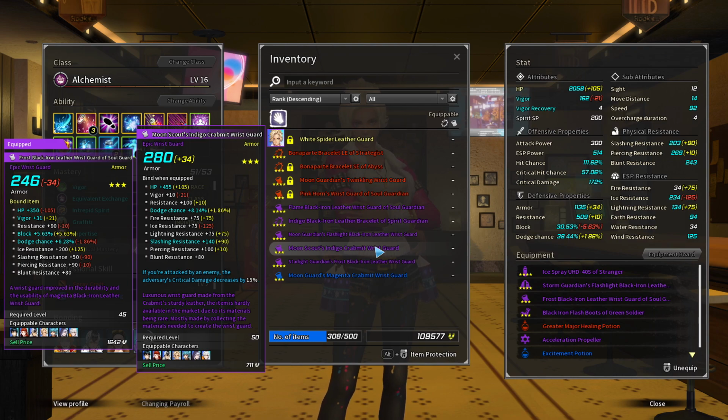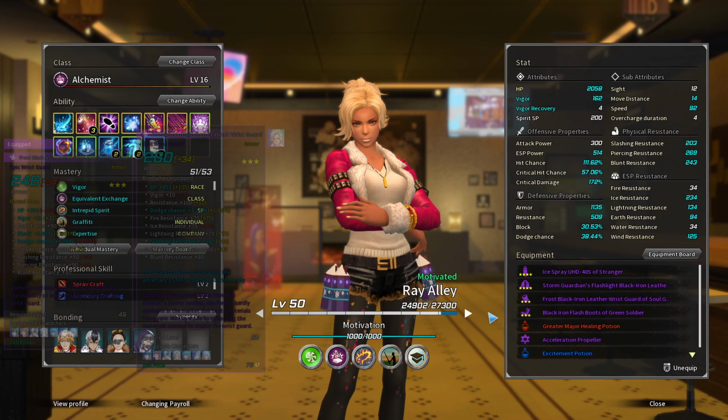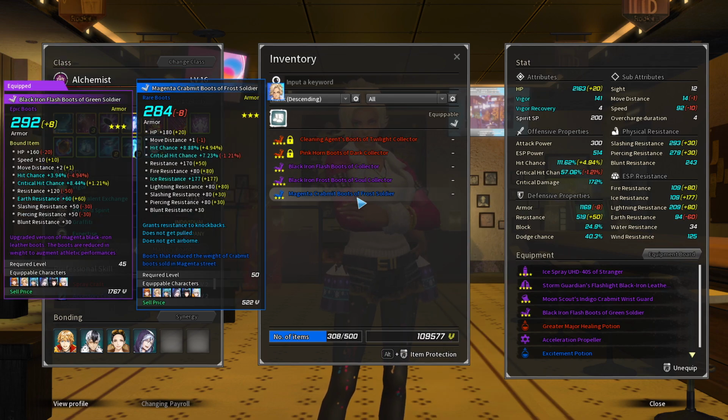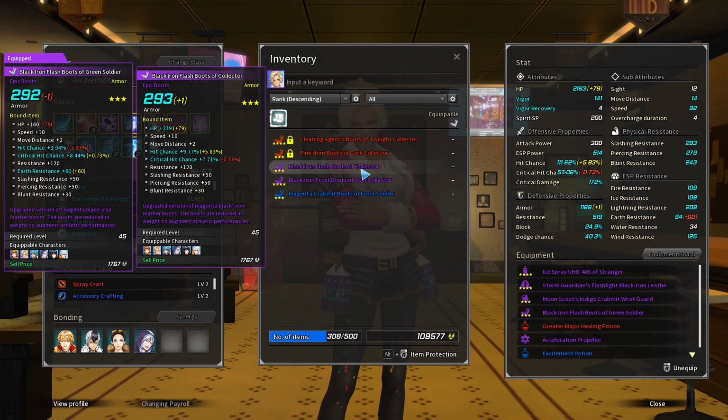I think we actually put this on. Yeah, let's put it on. Looks good to me. And what about boots? Do have technically some level 50 boots here. I don't know if anything here would be better. I don't want to impede any of that stuff. That's health and hit chance for...